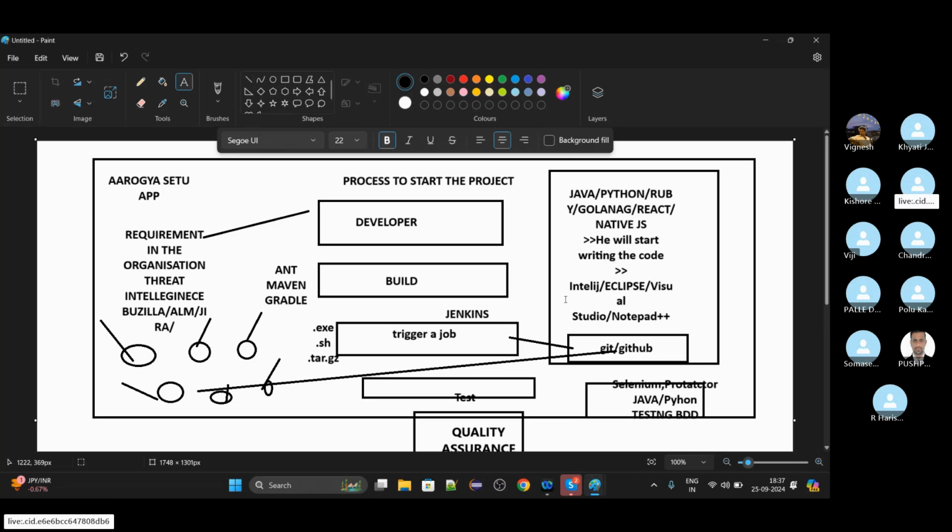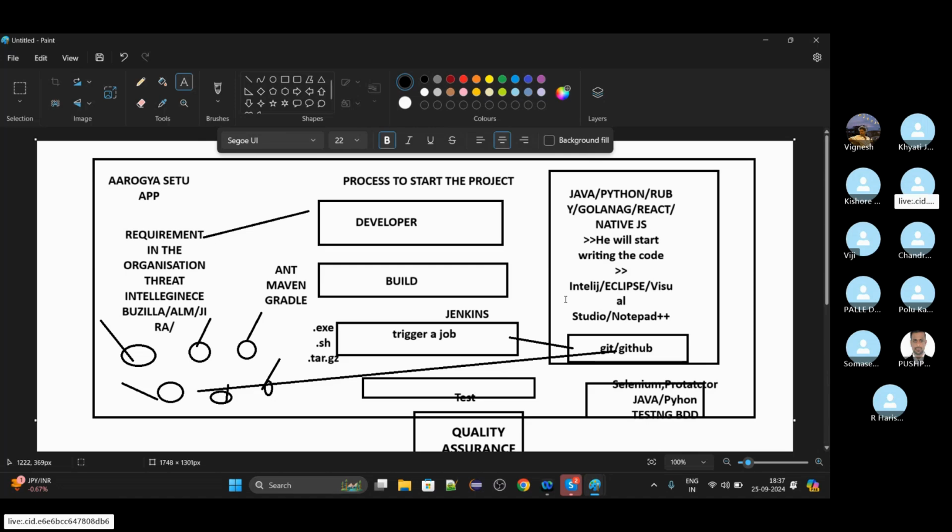Forget about this part for the time being. First be clear on this part, where you have to capture all your track records. You have to capture your story points. You have to capture how much time you have taken to complete this. Everything is monitored in the organization. So please keep your mind active while attending the class.